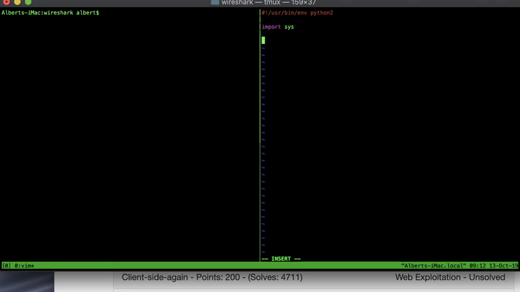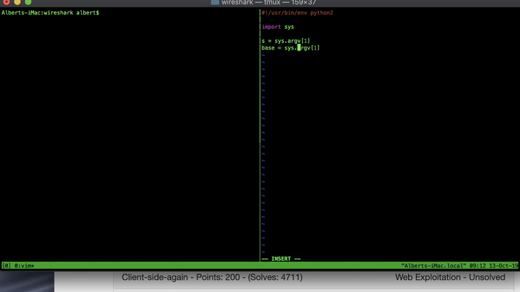Arguments are in sys. Ignore the argument count, just use it. The string should be sys.argv, this is the first argument, and the base